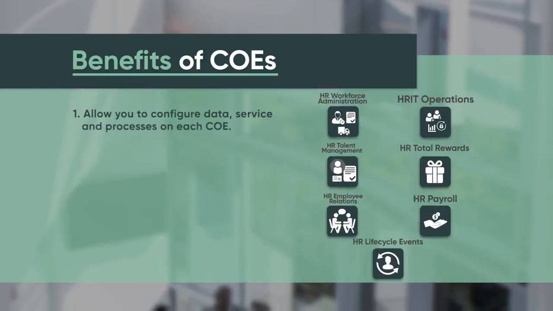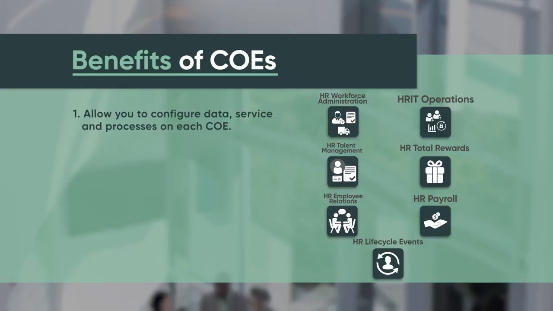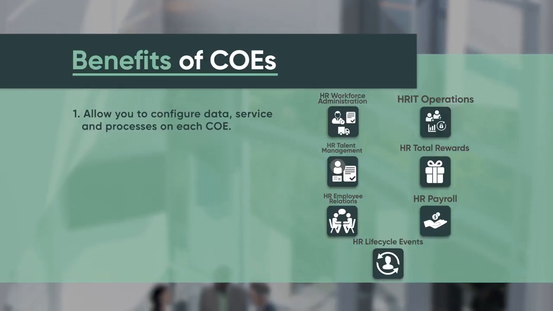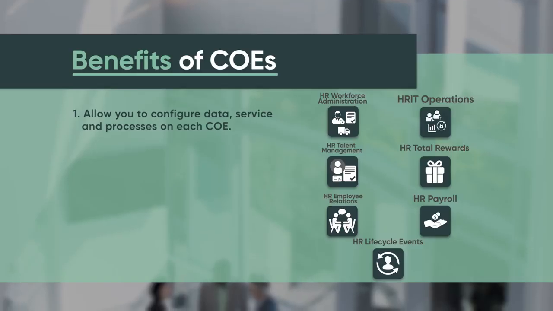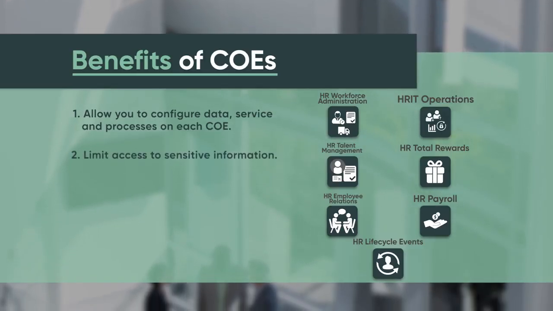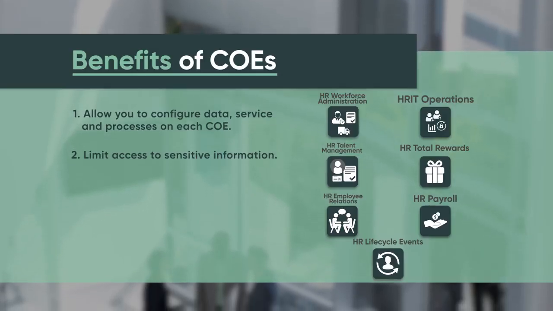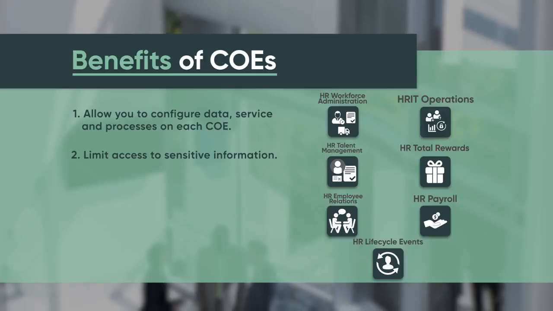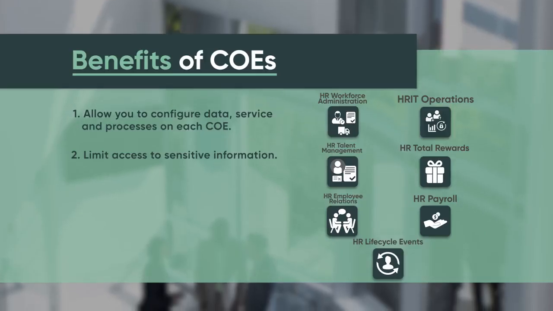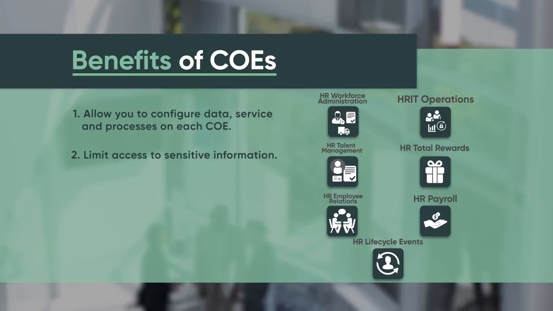First, by separating these functional areas, you can configure data, services, and processes on each COE. For example, payroll requires different fields of information and process flows than total rewards. Second, additional security can be configured on each COE to limit access to a particular department or group of HR agents. For example, you can restrict employee relations cases to agents within that department due to the sensitive nature of